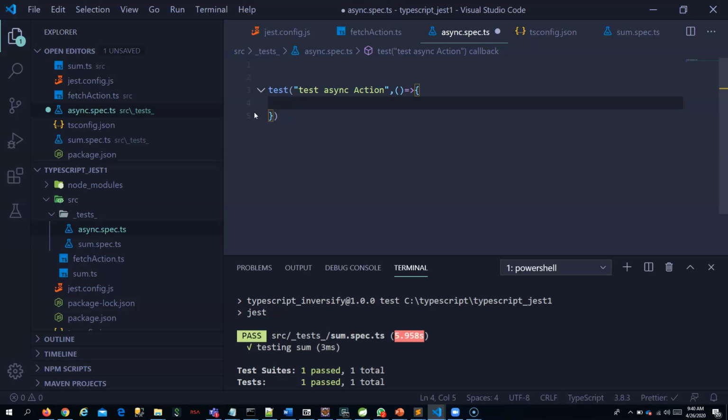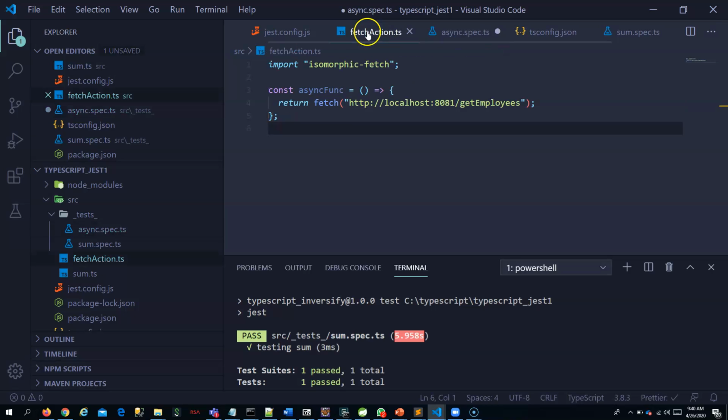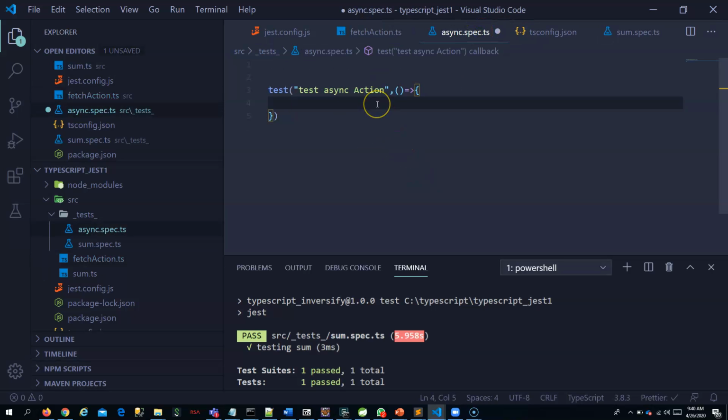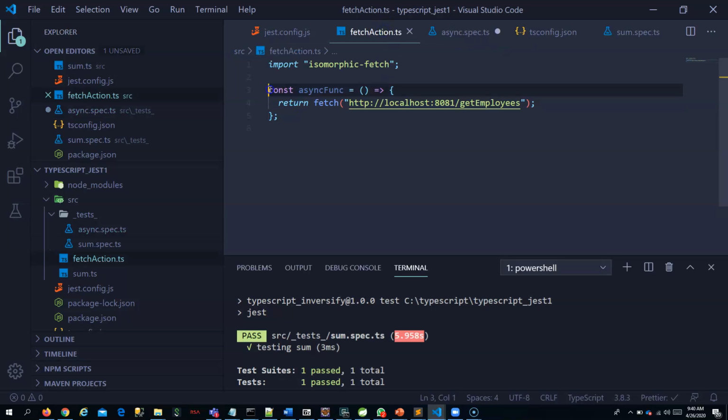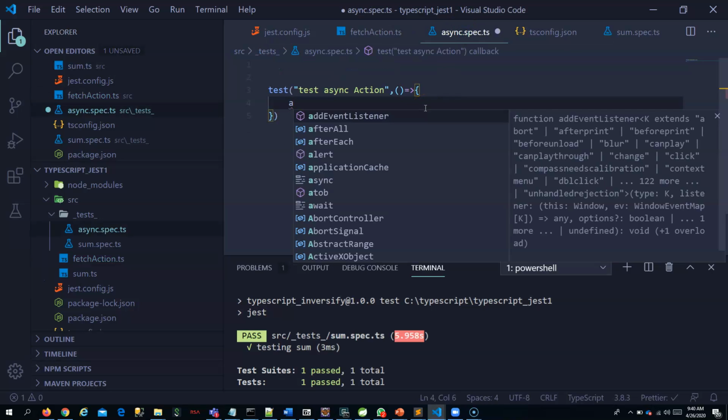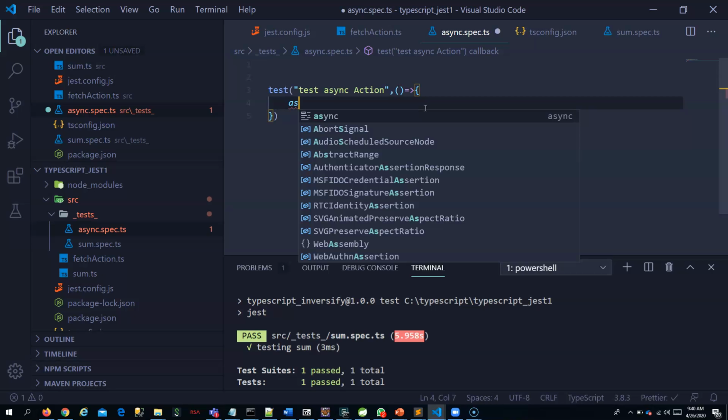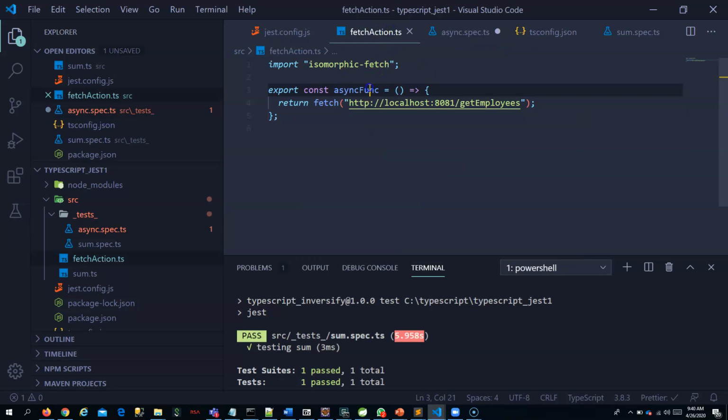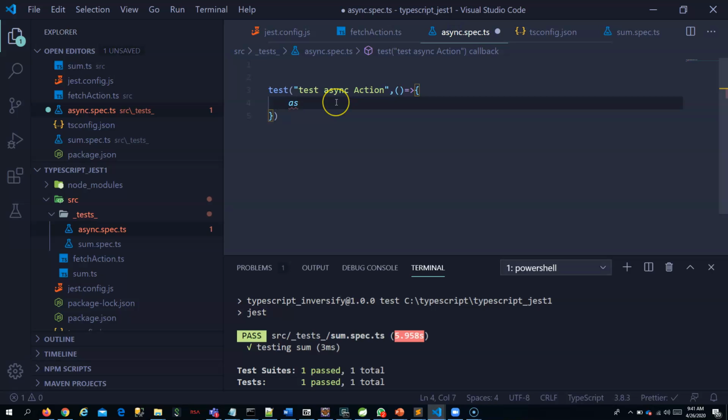Because this fetch action returns a promise, first you use the fetch function I imported. If I have not imported it, you can export it as well. I can get this async function here, whatever the name is, I will take it from here and paste it here.